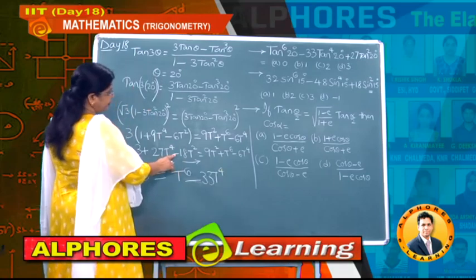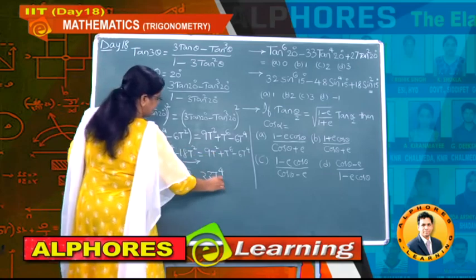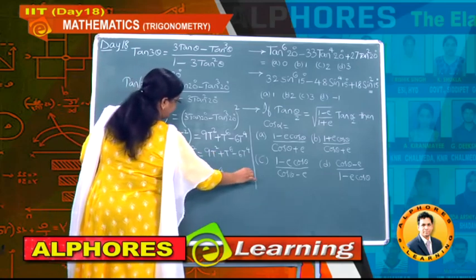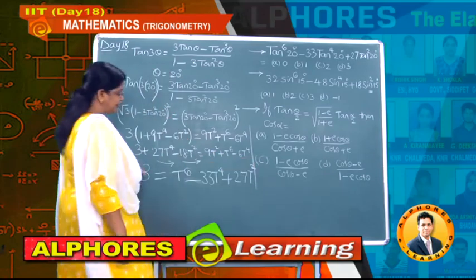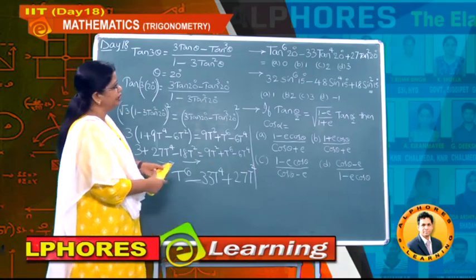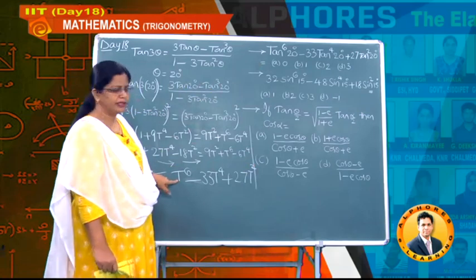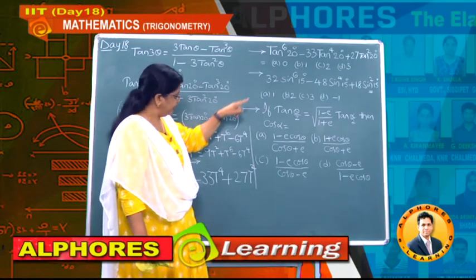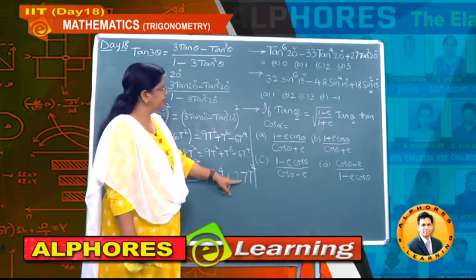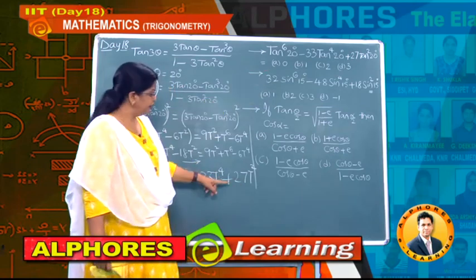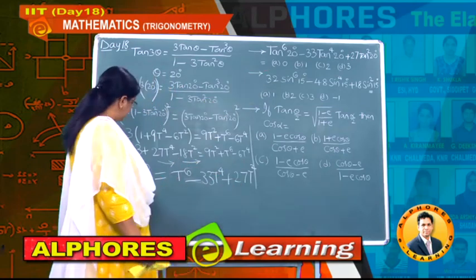And next value minus 18 if it goes that side plus, and therefore this is here 27 tan square. Understand students? Therefore observe here exactly the problem is tan to the power of 6 20 degrees minus 33 tan to the power of 4 20 degrees plus 27 tan square 20 degrees. Now what is the answer you got?